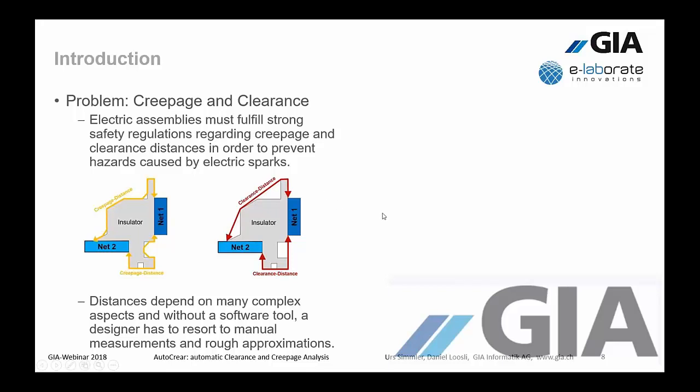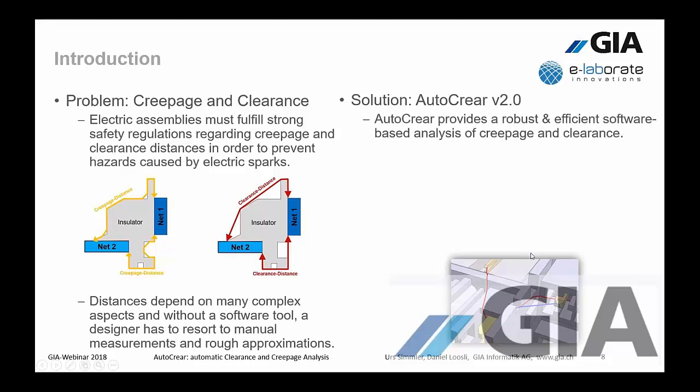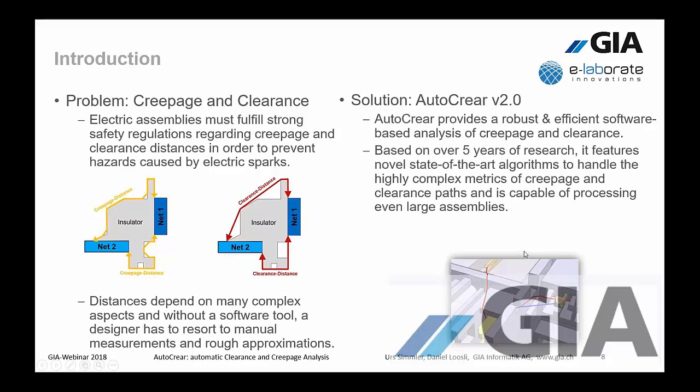And this is a very, very complex thing to do in a 3D environment. I mean, it's quite easy when you have to measure that in a 2D environment. But right now the products are designed in a very, very compact way, and therefore you really have to make sure that these distances are reaching a certain level. And the company Elaborate built such a solution where you can do that efficiently on, let's say, 3D CAD data. After 5 years of research,